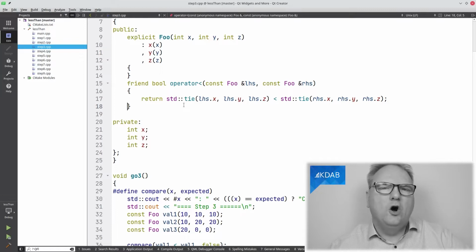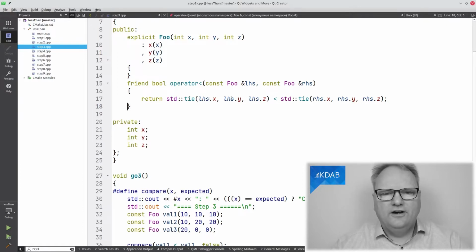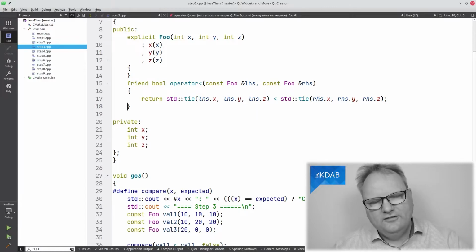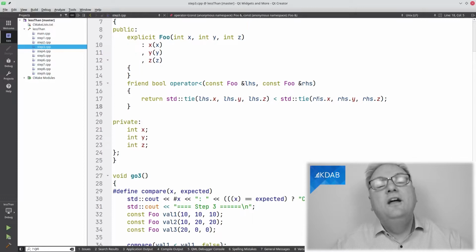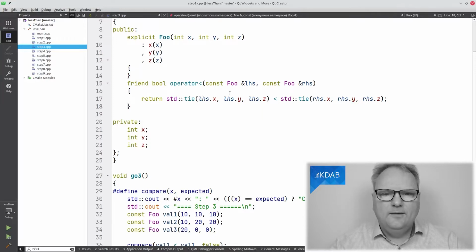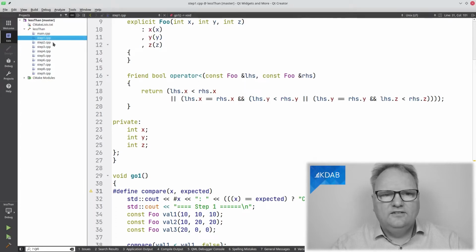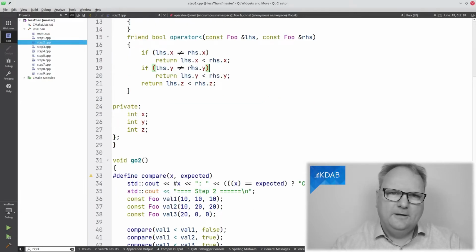std::tie, its operator less than. So std::tie creates a tuple, and its less than simply takes each of the variables in the tuple and compares them. So if x is less than, or left-hand side's x is less than right-hand side's x, then it is okay, or it will return true. Otherwise, if they are the same, then it compares y, and if they are the same, compares z. I guess that we can all agree this reads much easier on the eye than this, and it's much easier to write than that.